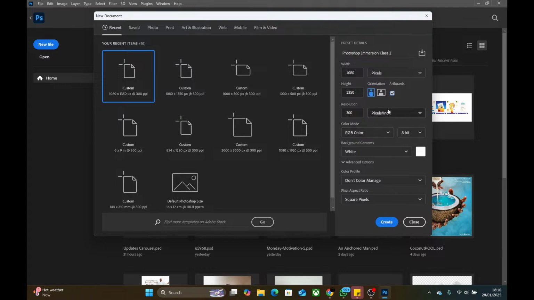If you uncheck this artboard, then this RGB can be changed to any other color mode. Like this, now we have bitmap, grayscale, RGB color, CMYK and lab color. But the moment you check this artboard, the only option available to you is RGB. You can't see the other options again.